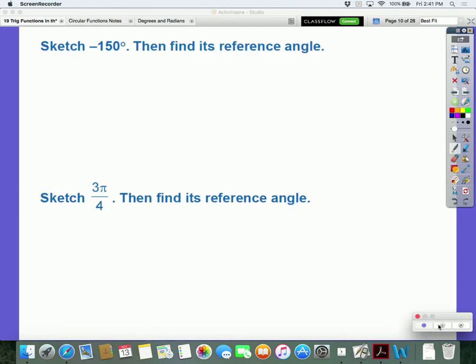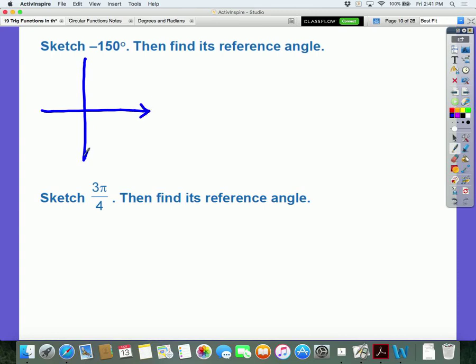We are about to sketch and find these different reference angles, okay? The ones I gave you before also work here with the negative angles. So, negative 150. We've been practicing when we did coterminal angles where these certain angles are located, so this is good practice, good review. Negative 150 degrees. Where is that located? A positive 150 would be located in quadrant 2, but a negative 150 is located in quadrant 3. Because remember, to get a negative angle measure, you have to go